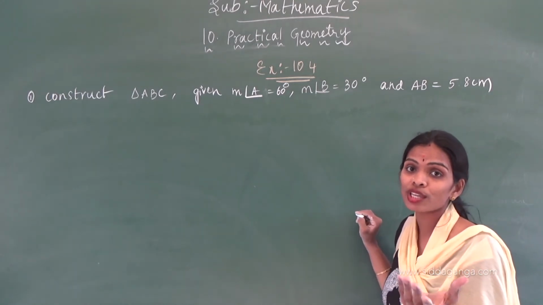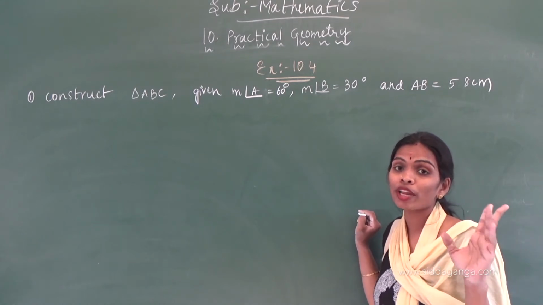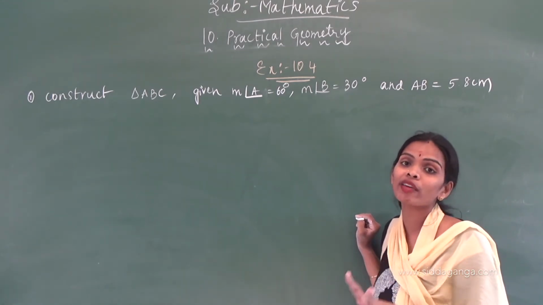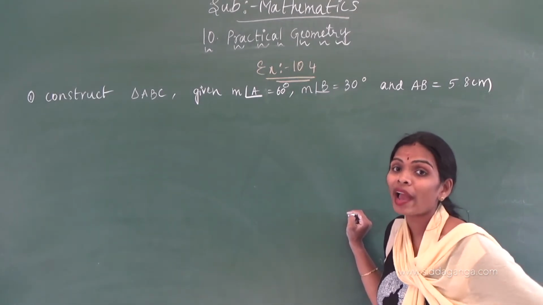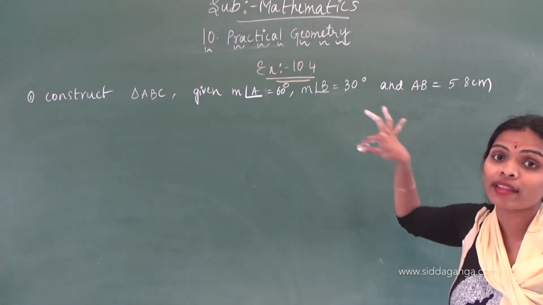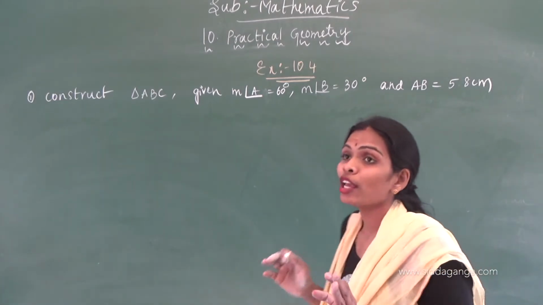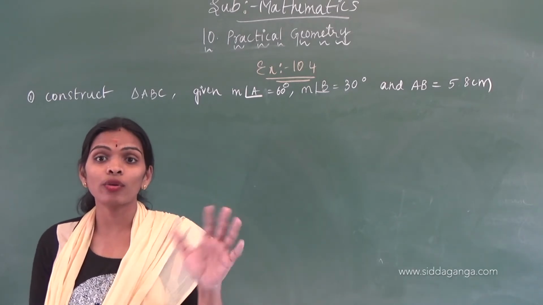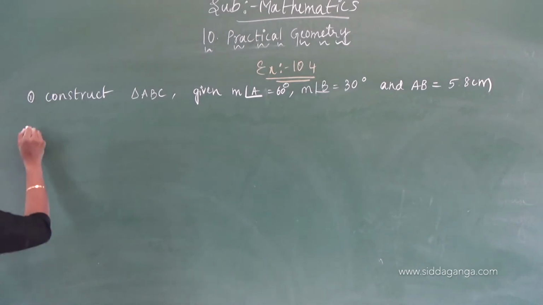By seeing the question itself, you have to understand whether they are giving two angles or two sides, whether they are giving the included side or included angle, three sides measurement, or a right angle triangle. That all you have to check when you are reading and attempting the question. This is a very important concept. If you know how to construct the triangle and parallel lines, you will get 8 to 10 marks in your final examinations.